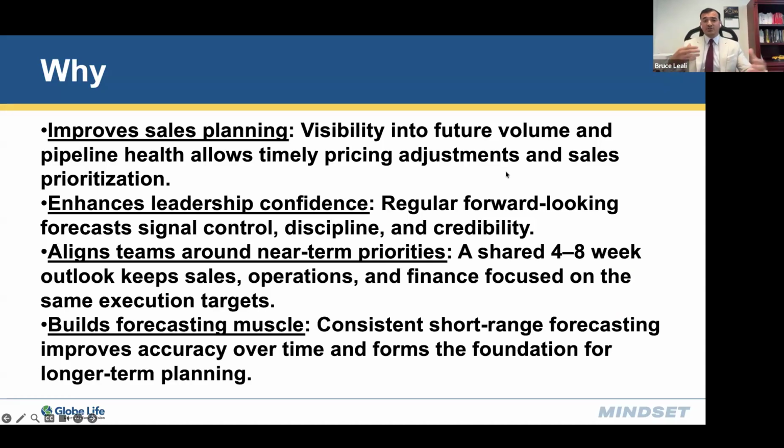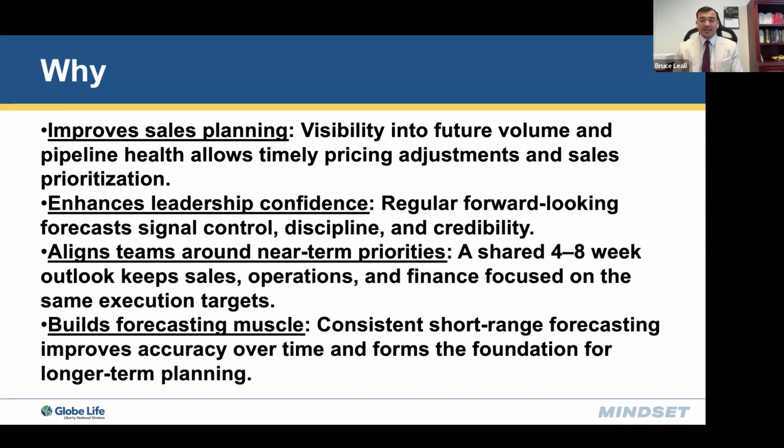The other thing is it aligns all of the teams around near-term priorities. What does that mean? If I'm a GA or an SA and I've got things I want to plan for, and I've got a 4-week forecast that my team is turning in to me, I can make sure that I'm involved in certain areas or certain opportunities. I can plan for them. So whenever people reach out to me, I can look at their 4-week forecast and align myself with those key opportunities to help keep sales, operations, and finance focused on those execution targets,